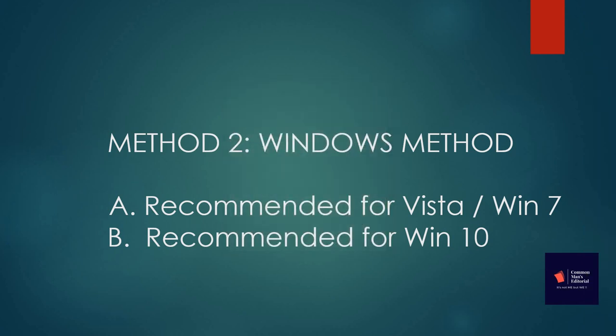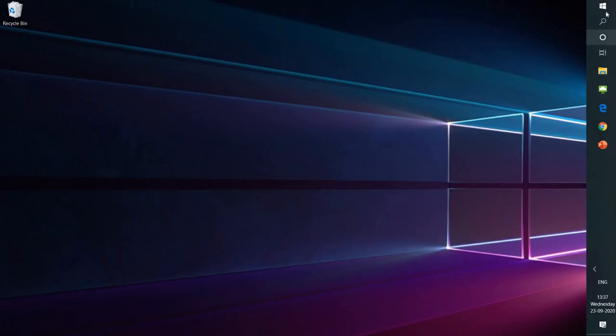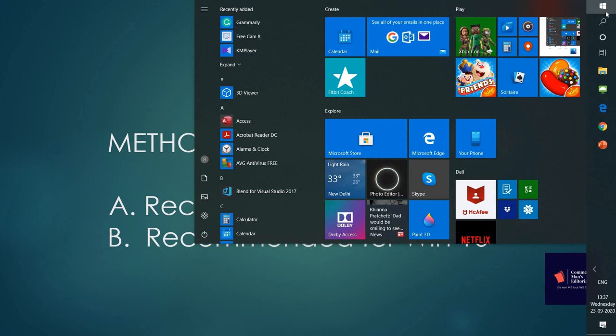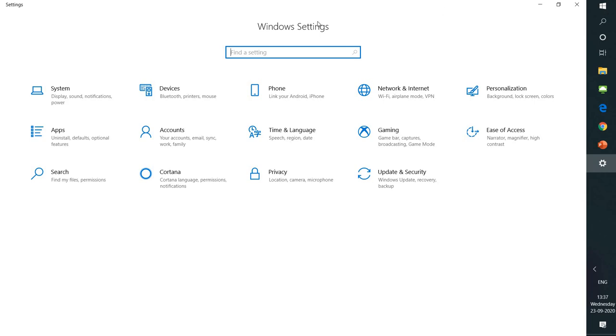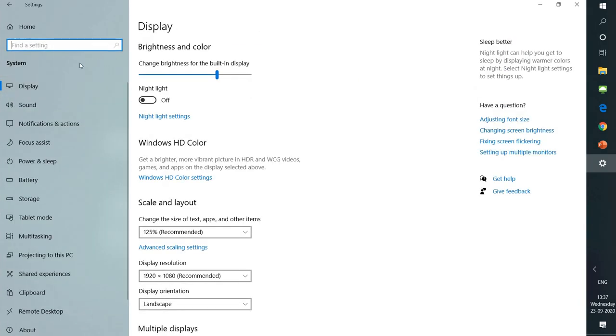So what's up for Windows 10? Windows 10 has an inbuilt feature to automatically clear out the recycle bin, downloaded folders, temporary folders, including the internet related files. Let's see how to do it. For this, again, I'm going to click on Windows and go to settings, right? When I open the settings, at first you will see the system settings. So I'm just going to click this system settings. Once I do that, I will be listed with a lot of settings related to the system here. I'm going to focus on the storage below battery.